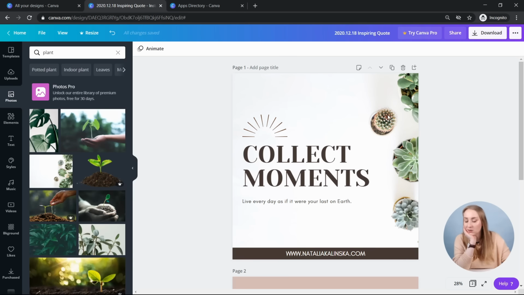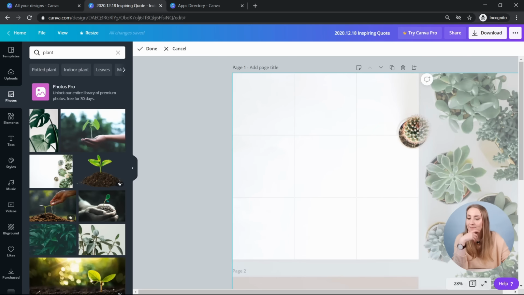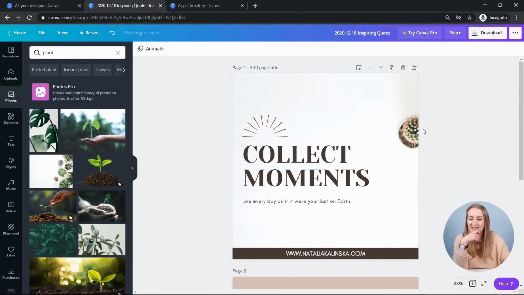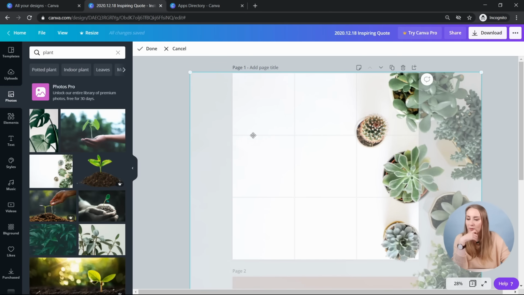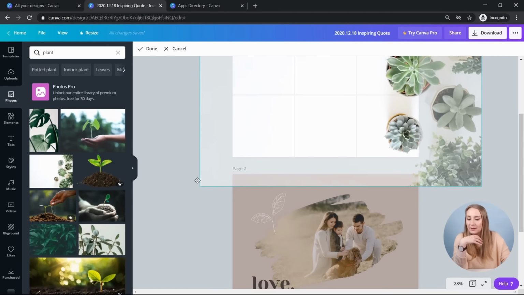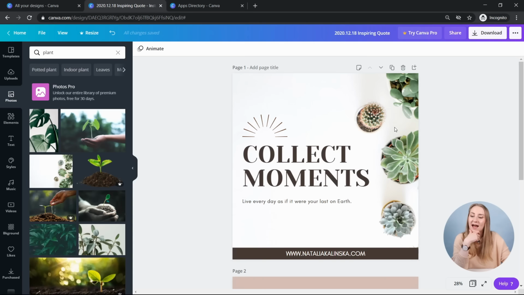But you can see what you can do with this one as well. You can move around. You could actually extend it a bit more. So I've extended it and I just see that little cactus. But you can drag it in as well, and you can play around with how well it goes with the image. Maybe that's a bit too big, but let's make it a bit smaller, but you can see that it still goes kind of outside it. I actually like this look. I actually like it quite a lot.